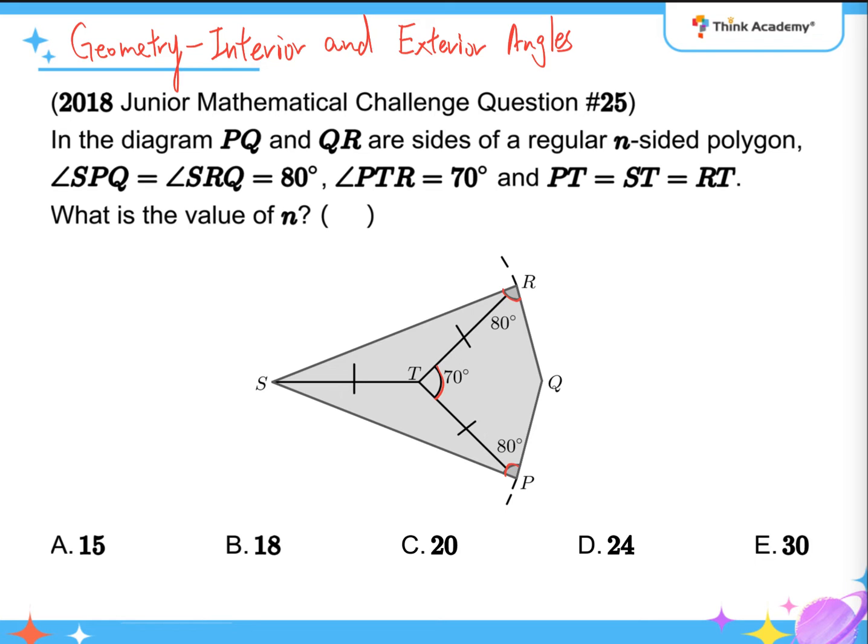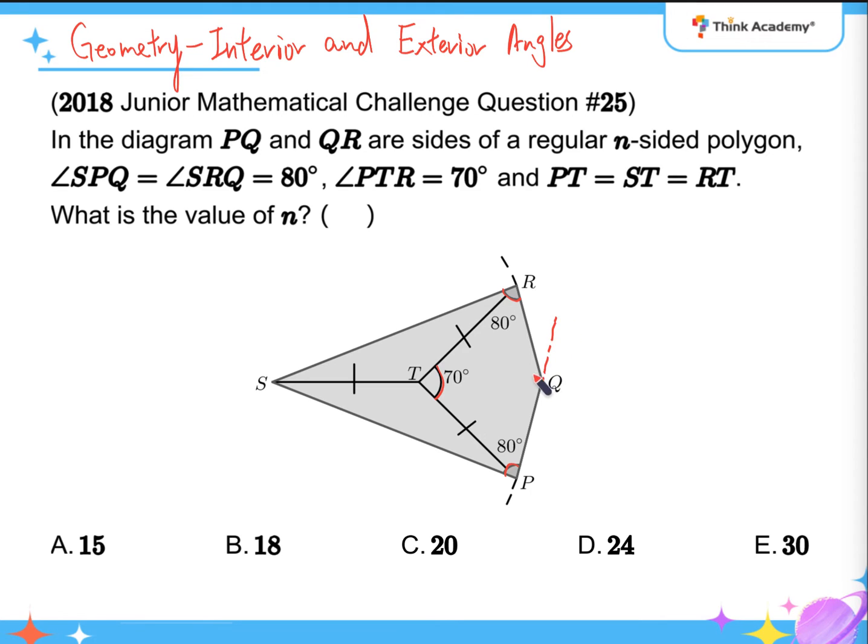Well, this is kind of a tough question, is it? So how do we know? How do we know? Basically, to find the number of sides for a polygon, there will be 2 ways we can do it. The first way is if I know an interior angle, I can try to use the interior angle formula to find the number of sides. Or if I know the exterior angle,